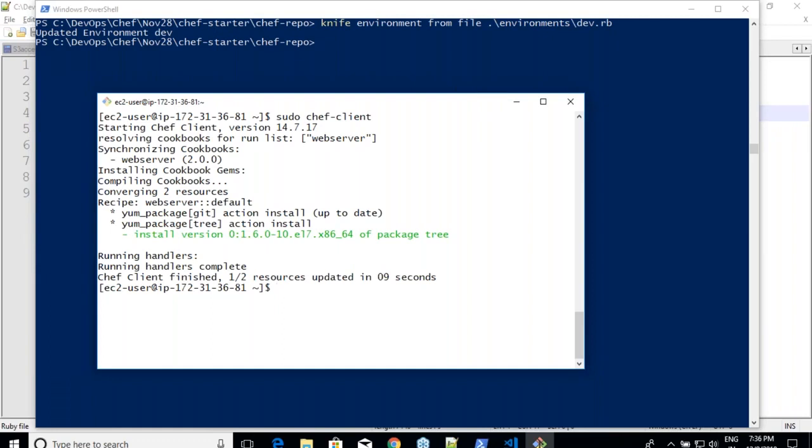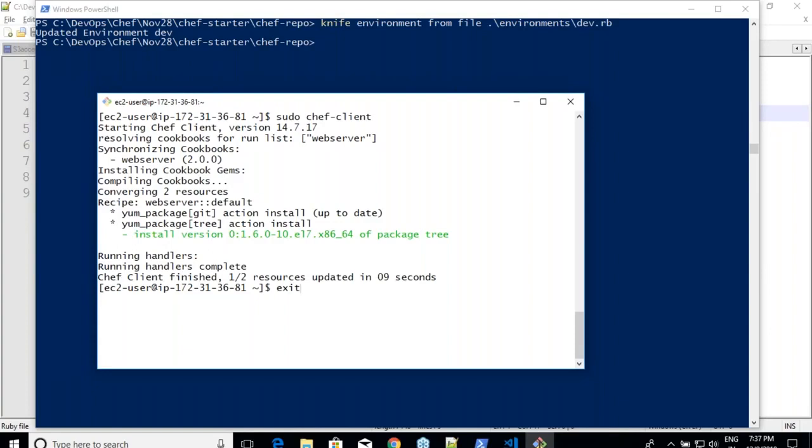Am I clear on this? Right? So is this concept clear now? Attribute precedence, and then basically roles, and then environment. Okay, looking good? Okay, fine. So I'm not doing the Ubuntu world. Do you want me to execute it? Because it will be the same drill.